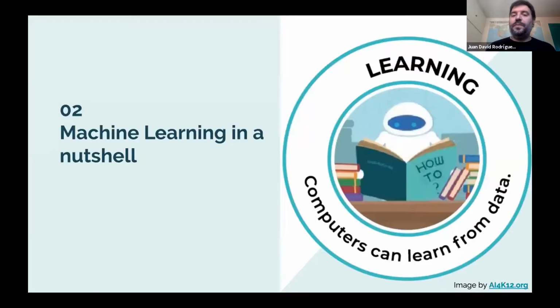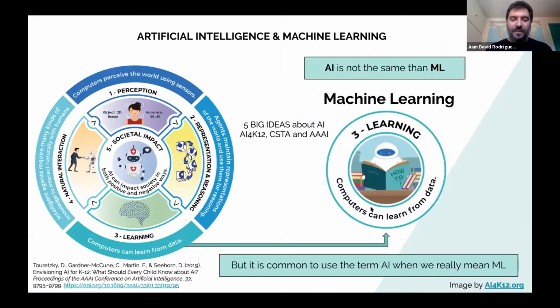Okay, so we arrive to the second point. I'm trying to give a brief introduction to machine learning and artificial intelligence. Well, the first thing we have to clarify and to be very clear is that AI is more than machine learning. And a good way to illustrate this fact is by means of this drawing, which summarizes the artificial intelligence field